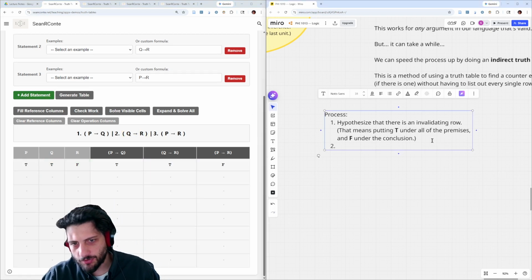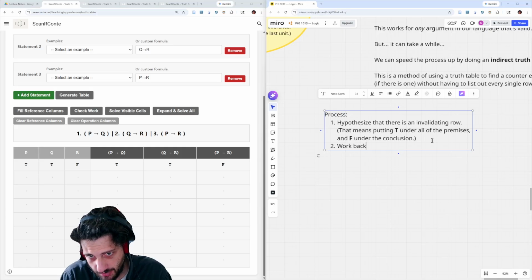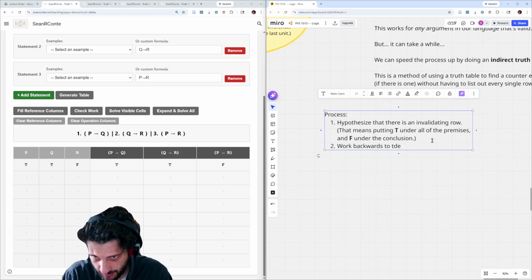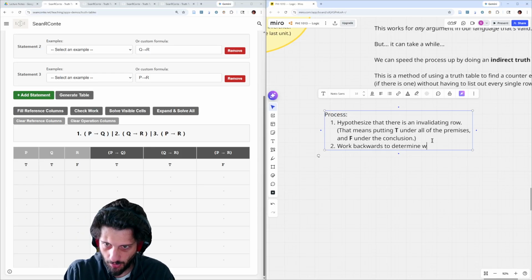And then we're going to work backwards to determine what the sub